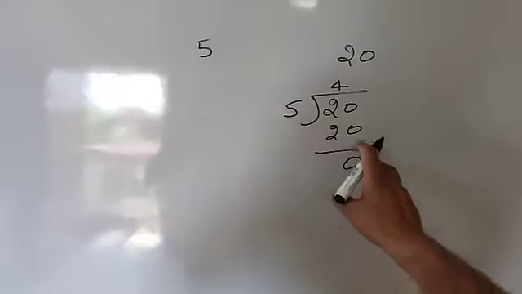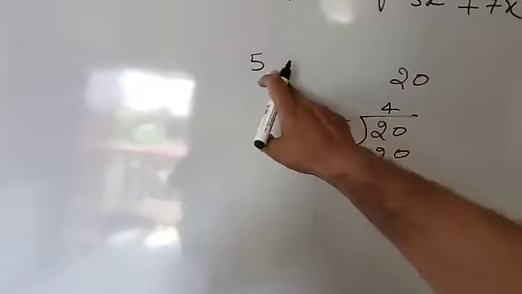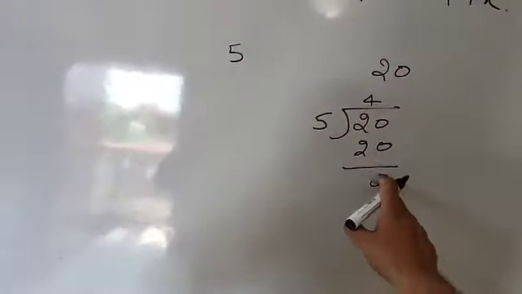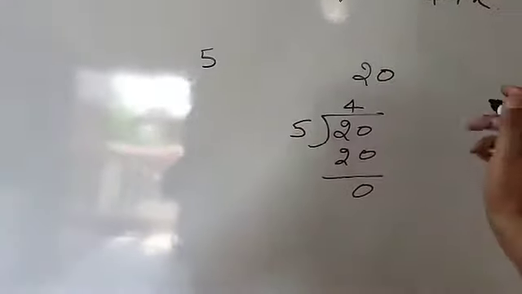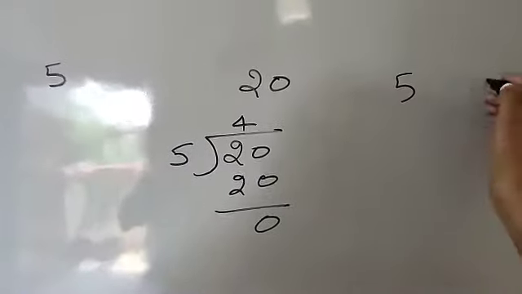So you can say that if the remainder is 0, it shows that 5 is a factor of 20. If 20 is divisible by 5, the remainder will be 0, and then you can say that 5 is a factor of 20. If I ask you to check whether 5 is a factor of 27 or not,